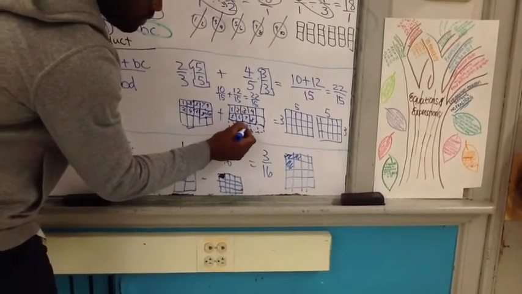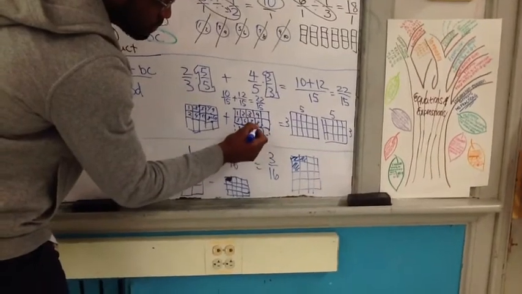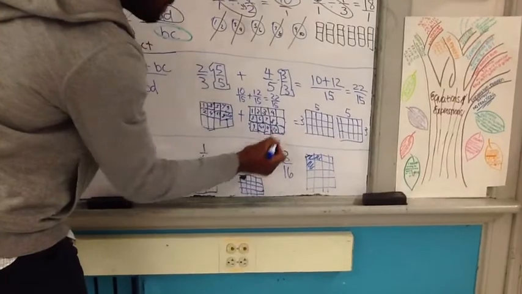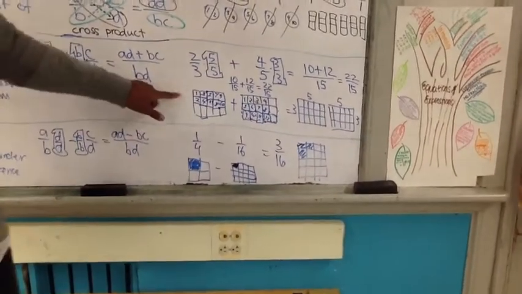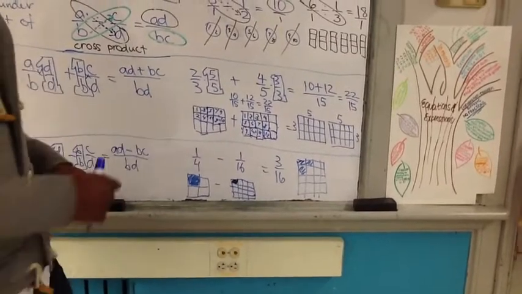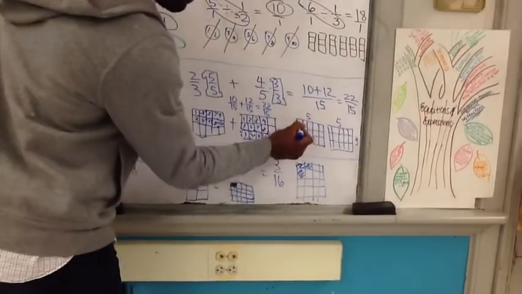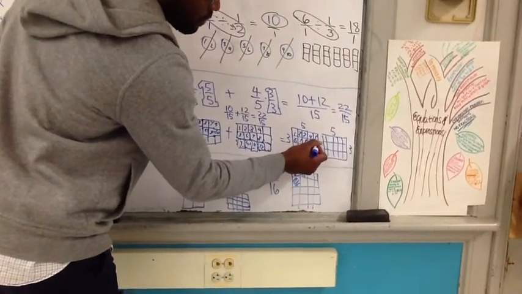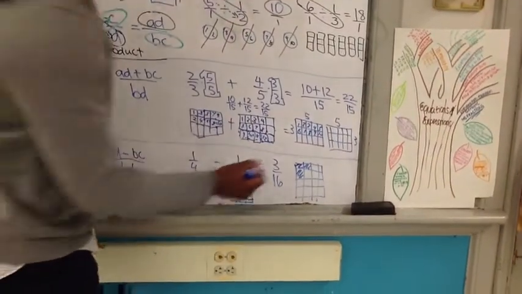9, 10, 11, 12 over 15 is equivalent to 4/5. And now that both of these pictures have 15 spaces, I can take 10 from here, and 12 from here,